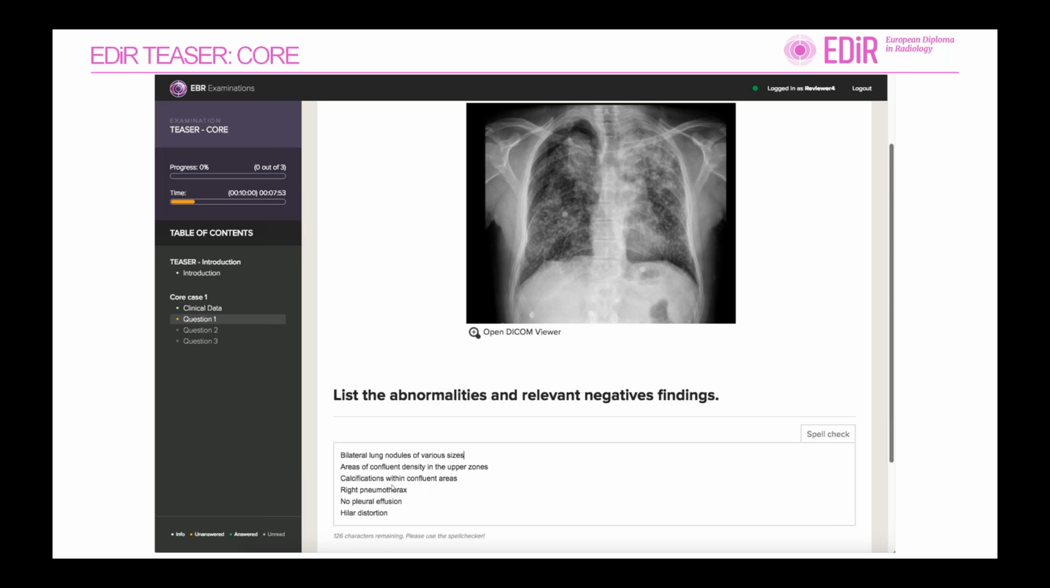Here you can see bilateral lung nodules on various sides, areas of confluent density in the upper zones, calcifications with confluent areas, right pneumothorax. What is important here, there is no pleural effusion. So this is important also for the diagnosis of this case, and this is what is asked, the relevant negative